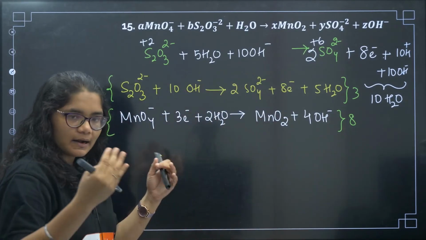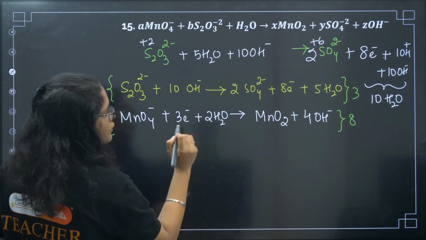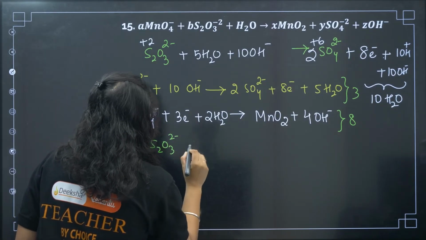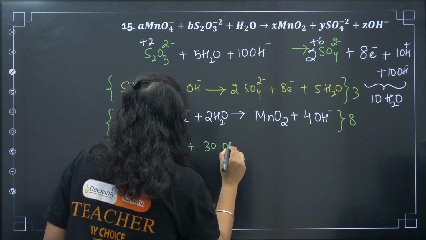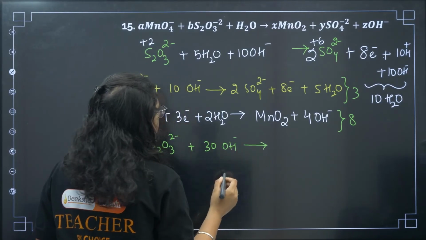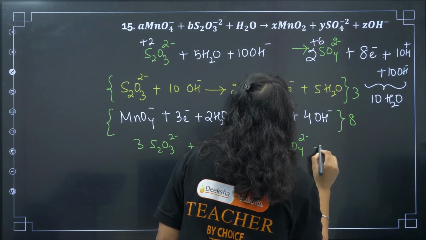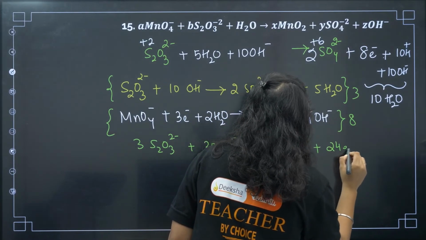Okay, now we will multiply and rewrite the equation. So what I'll get: 3 S2O3 2 minus plus 30 OH minus will give me 3 2s are 6 SO4 2 minus plus 24 electrons